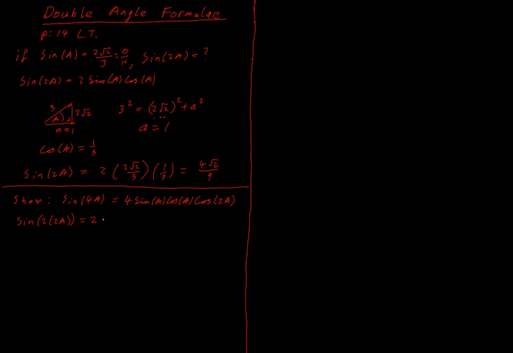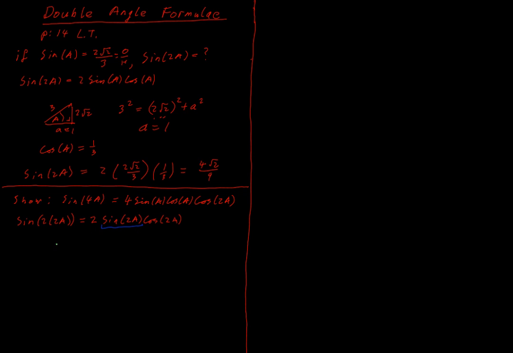It's going to be 2 sine of 2a cos of 2a. And then I look to where I want to end up, and I see that I have a sine a cos a here, and I know that sine of 2a would be 2 sine a cos a. So this bit is going to become 2 sine a cos a